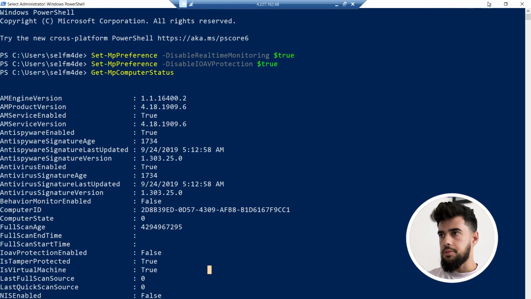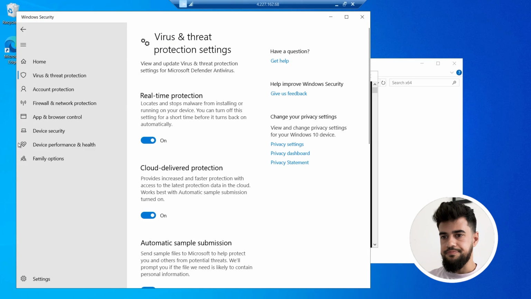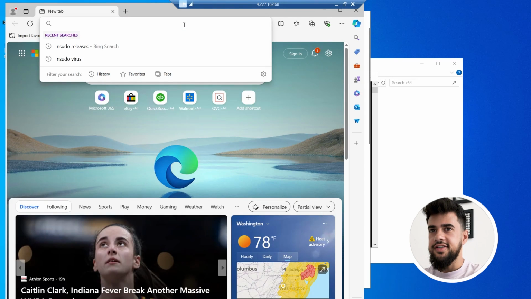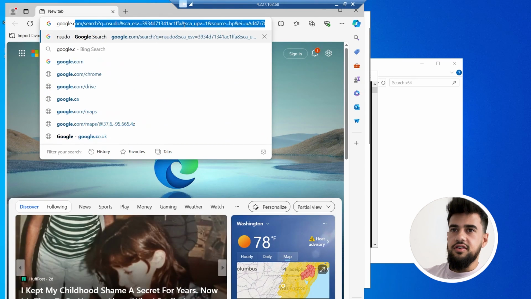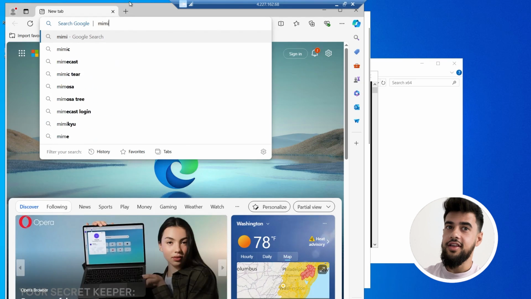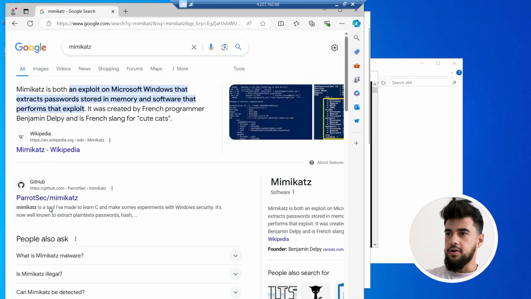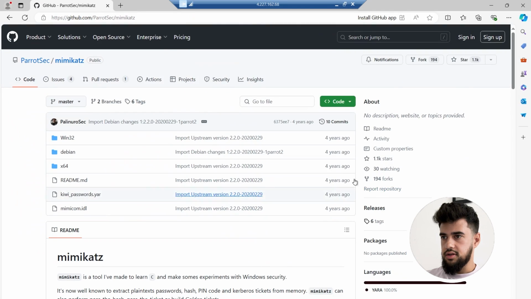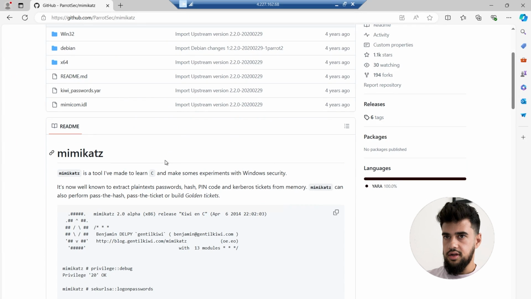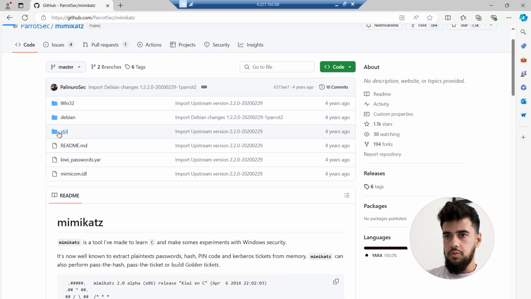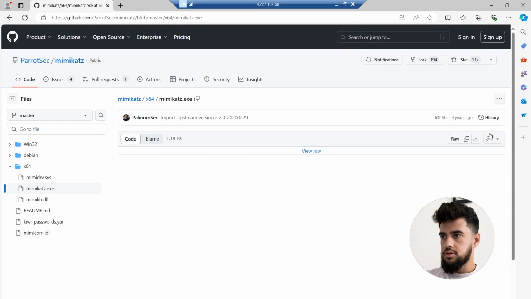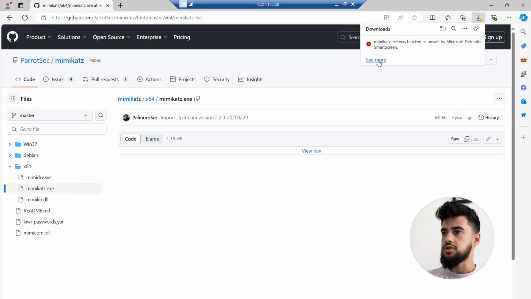But just to prove that this is off, we can test this. Let's download a program that's definitely flagged by antivirus. Let's try to download Mimikatz. If you can download Mimikatz, then you know the antivirus is not running properly. So we'll go into x64 and download mimikatz.exe. It'll probably get blocked by Defender SmartScreen,